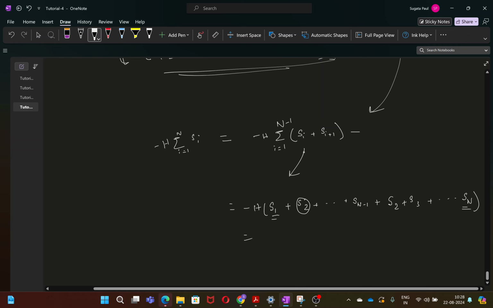all the other terms are coming twice. Like S2 coming from this sum over Si term initially and then also coming from the sum over Si plus 1 term later. Similarly, the S n minus 1 term will also be coming here before Sn. So all the other terms will also be coming twice except for the two extreme terms S1 and Sn, because